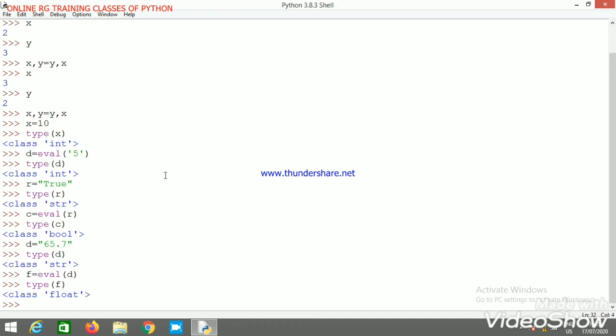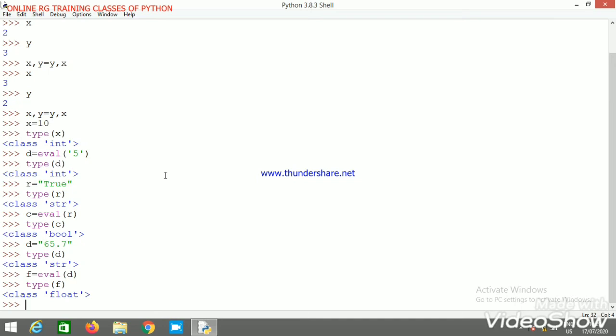It means there is no need to separately specify, like prefixing it with int if it is of integer type, or with float if it is of float type. Eval automatically returns the type in which it is expected.